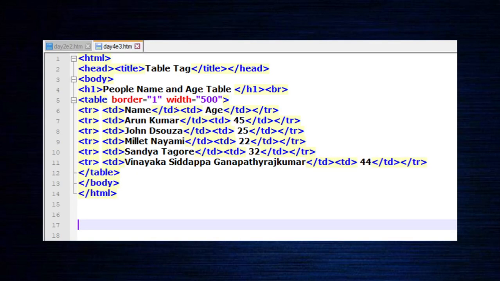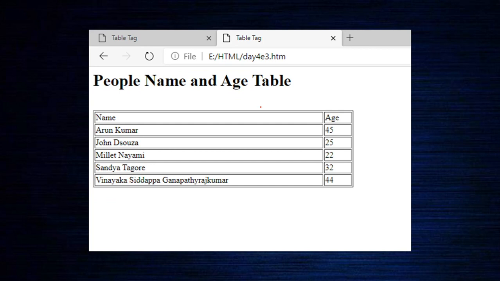Now let's make width equal to 500. Width 500. Now we are increasing it. Earlier it was 200, now we make it 500. When it's 500, you can see that there's sufficient space here, and the name comes in a single line. Earlier, because space was not sufficient, it was in 2 lines. Now there is sufficient space, therefore it comes in a single line. Also you can see that there is a space here too. So the table automatically aligns some value for the first column and some value for the second one. So totally now it is 500 pixels.